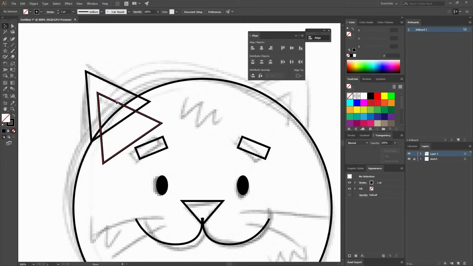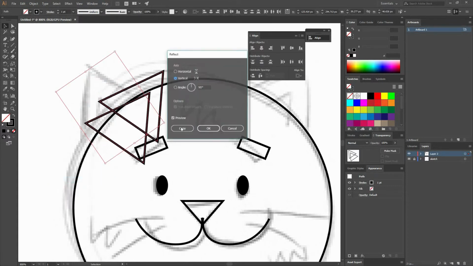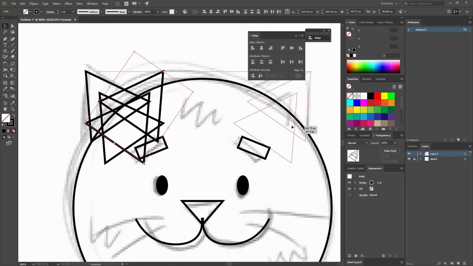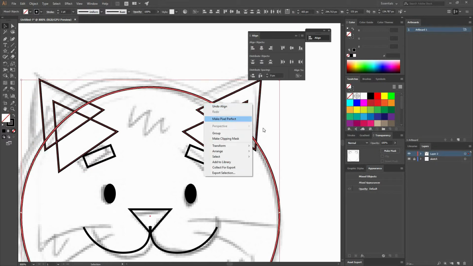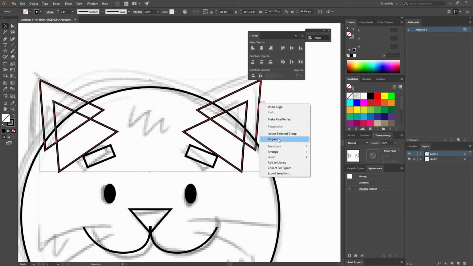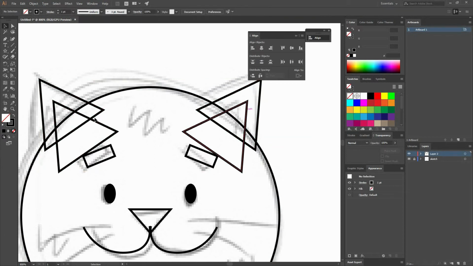And I'm just going to move it a little bit there so I get both of my triangles, and transform, reflect, make a copy. And now move them like there. And as I said before, you should be able to group everything that goes together. In this case, I'm going to group just like that, just so I can align them, and then ungroup it, and then just group the shapes that are going to be sharing the same color.